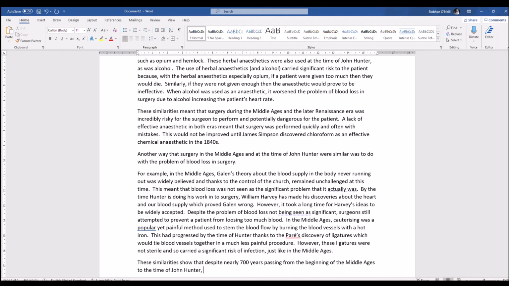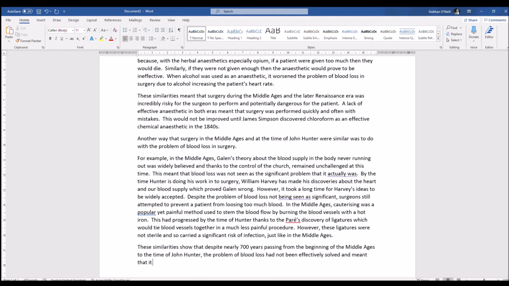I'm trying to say that basically things haven't moved forward. These similarities show that despite nearly 700 years passing from the beginning of the Middle Ages to the time of John Hunter, the problem of blood loss had not been effectively solved, and meant that it was responsible for the high death rate